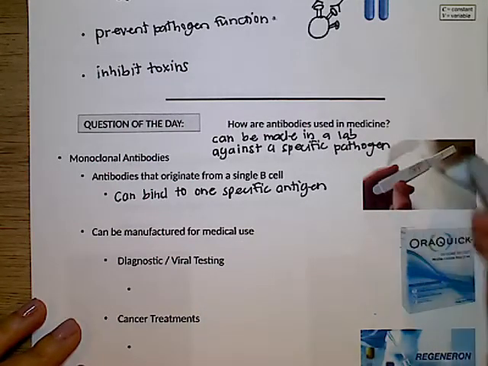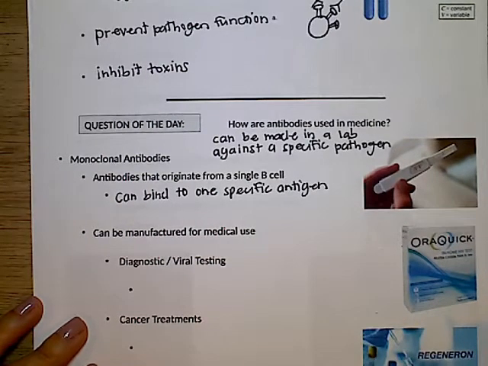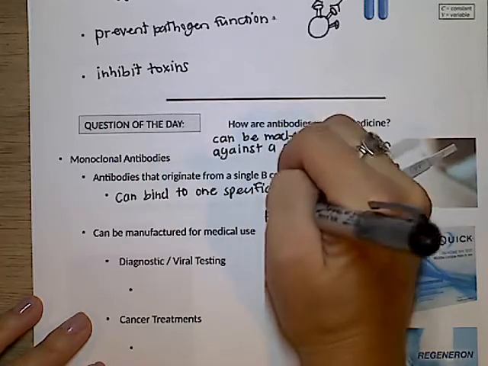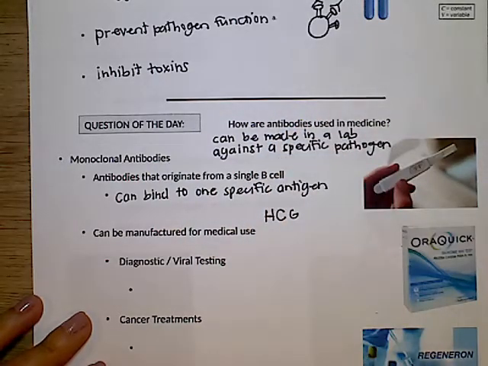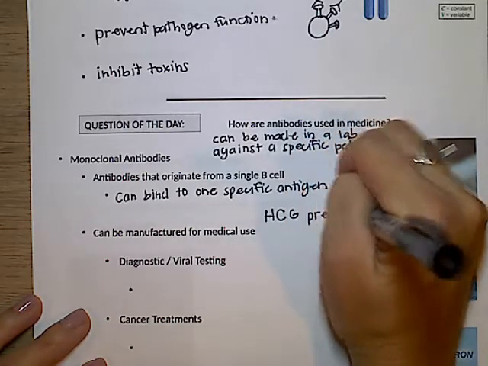So right here, this is showing some of us may recognize this, a pregnancy test. And the way that the pregnancy test actually works is by using antibodies. And I didn't know this, but what a pregnancy test is detecting is something called HCG, which stands for, it's been a while, human chorionic gonadotropin, which is something that is found in the blood of pregnant women after a certain amount of weeks of pregnancy have gone by. And so with an HCG pregnancy test,